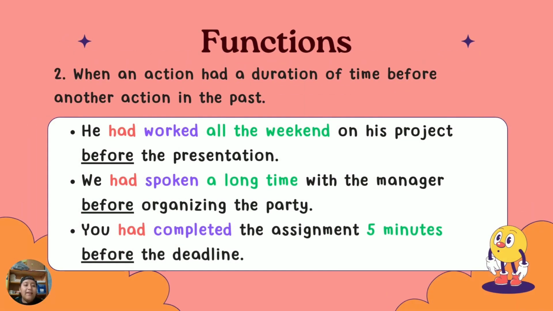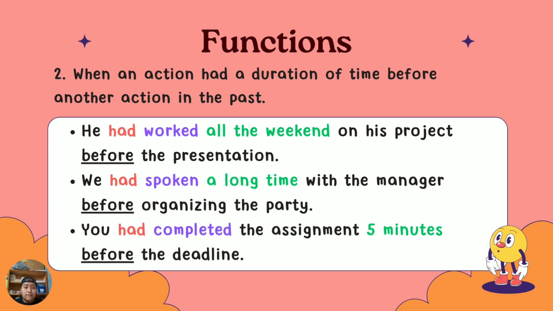Second, when an action had a duration of time before another action in the past. This function gives us the idea of the duration of time. For example, he had worked all the weekend on his project before the presentation. Here we can say that he presented his project, but before presenting it, he had worked all the weekend on